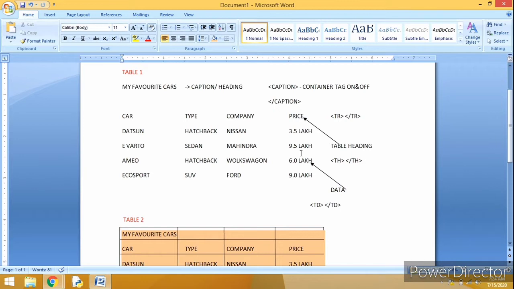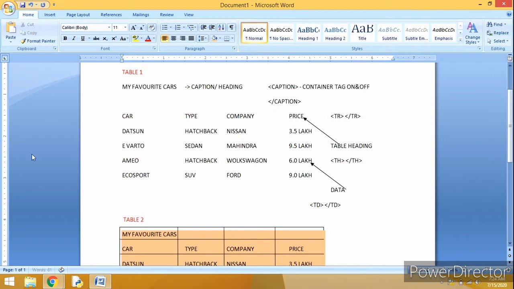But actually my favorite car is a caption, the caption of the table, that means the name of the table. And in a table, whatever data are there, according to that data a name is given there, so that name is known as a table heading.